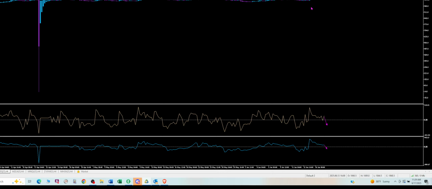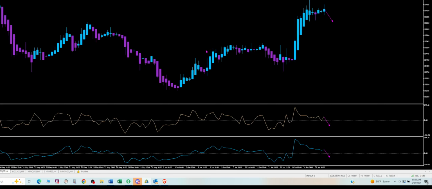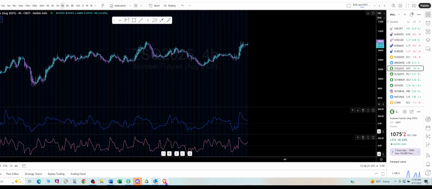And the only way I can get around that is to zoom in so that this giant wick is no longer being accounted for in my view. So I have to zoom in, and then it goes. But it zoomed in a little too much. But if I go over to